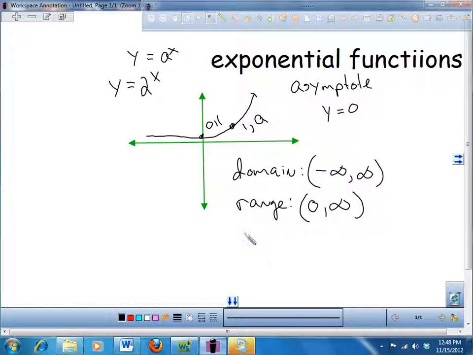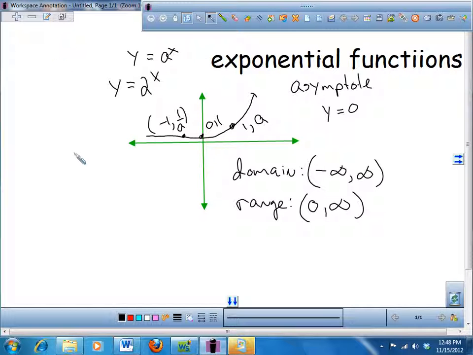And then it also has a point back here, -1. It also has a point -1, comma 1 over a. Can you tell that's an a? 1, not a 2. -1, comma 1 over a. Because if I were to take this and plug in -1, you may recall,